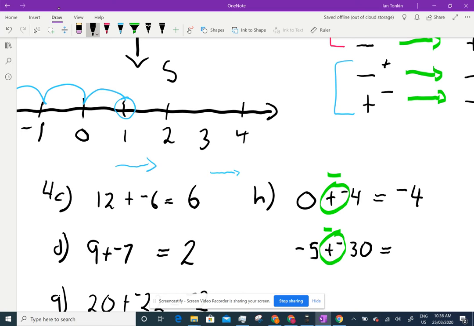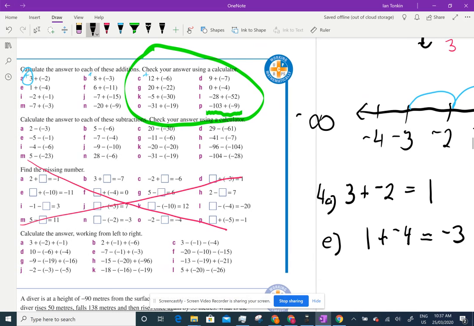If it's negative 5 degrees and I go minus another 30, I'm down to negative 35 degrees. Very cold. But again, the number line is a good way to think about it. I'm at negative 5 and I'm minus 30, so back another 30 steps, negative 35. So I'm going to leave you to those ones, because now we're going to go and have a look at